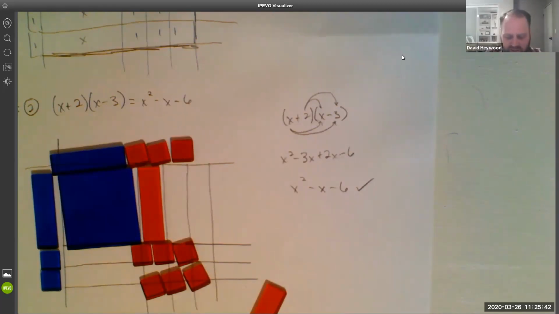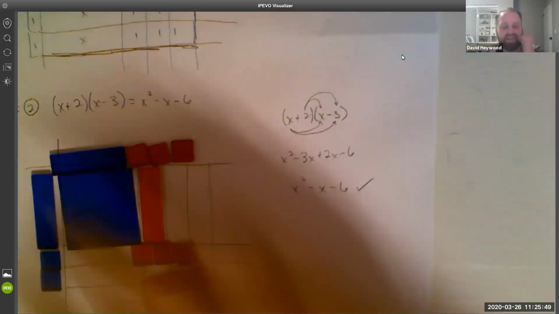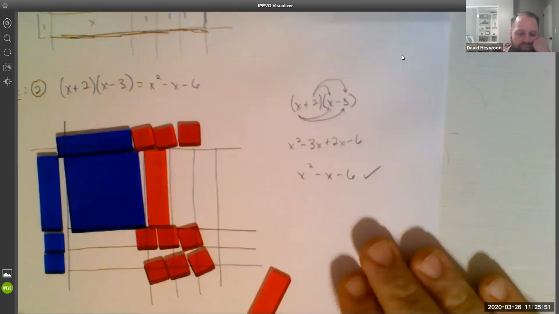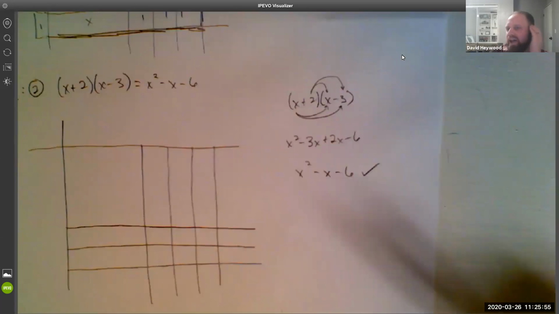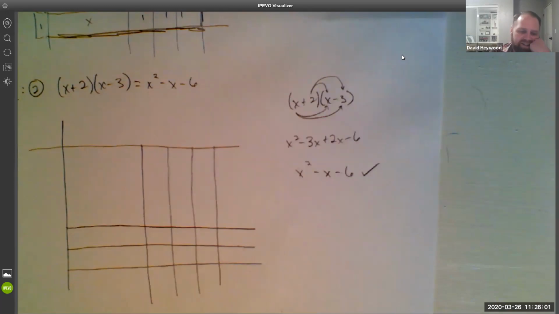So what else did I want to say? So showing the solution, if you're drawing it out, and actually I was really impressed. Some of you left the tiles on your homework page when you scanned your homework page to turn it in, and that was awesome. Because then you could just leave the tiles there and you didn't have to worry about drawing them, which is pretty nice. But if you were drawing it,